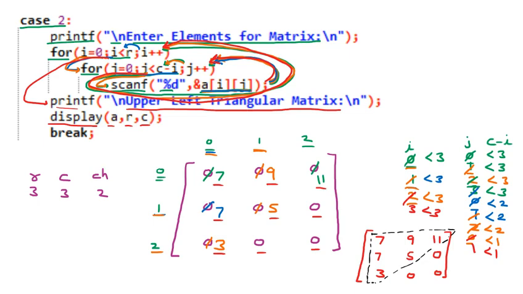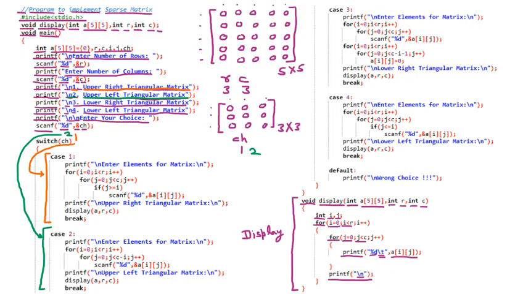Now we are going back to the main program. So this one is the main code, but this time the user is asking for choice 3. If the choice is 3, we know that it is asking for lower right triangular matrices. So if the choice is 3, then what will happen? The switch case is going to call case 3, and this case 3 I will cover exclusively.